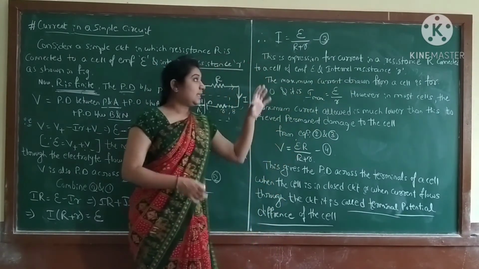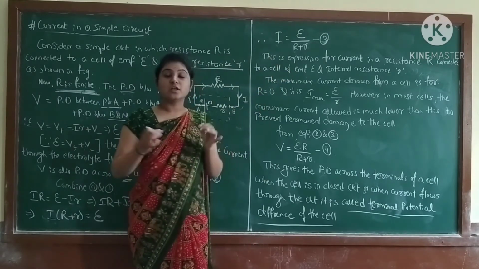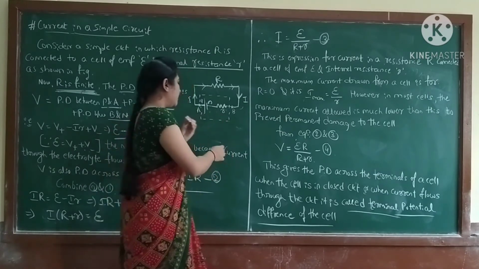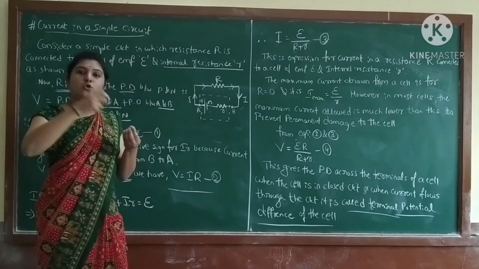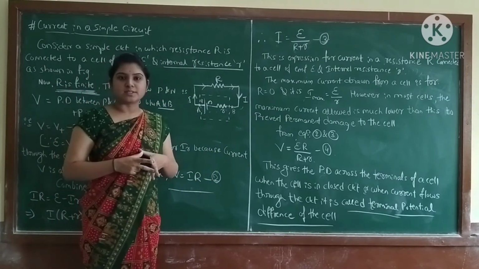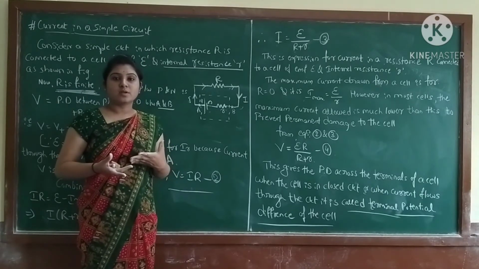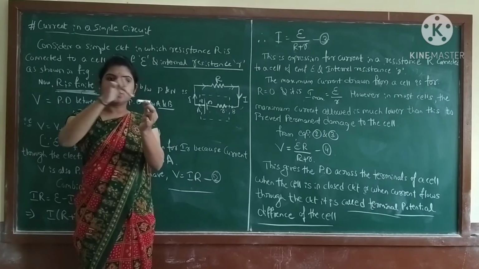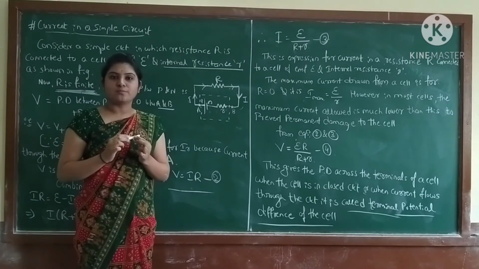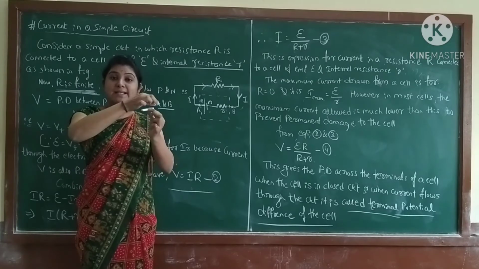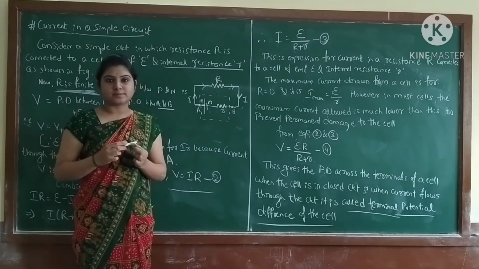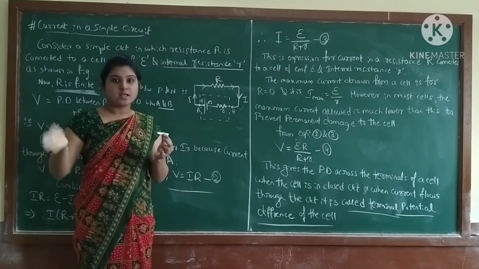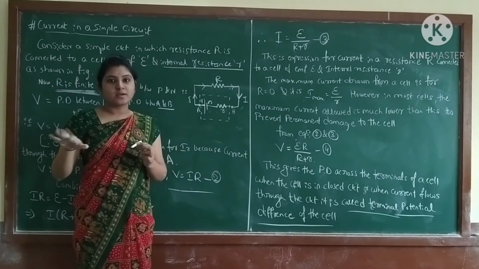So now, the maximum current drawn from the cell. See, we just consider the current here. Now I want the maximum current. Just consider the cell is present here, and I want to take the maximum current from this. So what do I have to do now? Just consider this is the wire, through which the current starts to flow. I want to make the current flowing through it maximum. If the maximum current starts to flow, of course the resistance has to decrease.